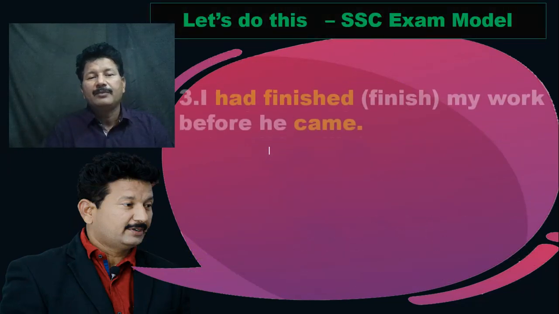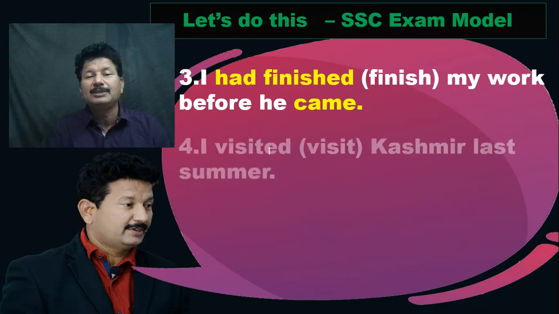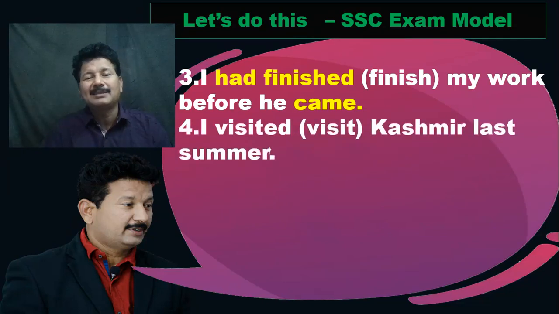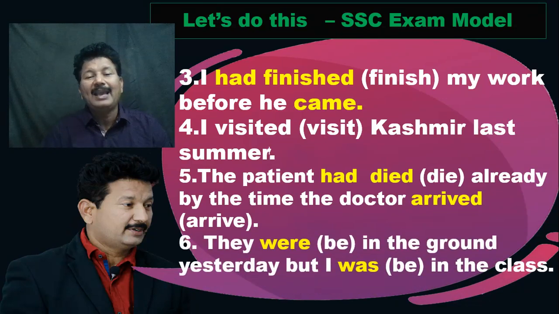And now I had finished my work before he came. So there were two incidents. The first one is he had completed his work, right? So it's past perfect. And this last summer, so we use I visited as simple past tense. And the patient had died already by the time the doctor arrived, because before the doctor arrived, the patient had died. So they were in the ground yesterday, but I was in the class,